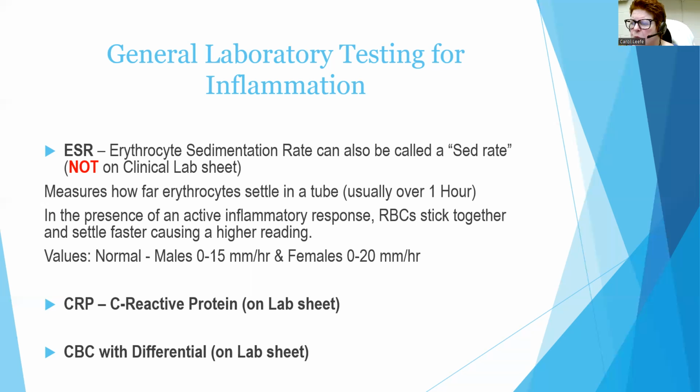The C-reactive protein is another thing you may see in the labs when you check your patient's charts. That is produced by the liver and fat cells in response to an inflammatory process. The normal range, which is on your lab sheet, is less than 1 milligram per deciliter. That's pretty easy. Anything over 1 is going to be